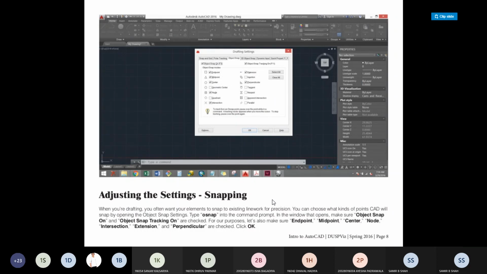As we know, whenever we start any line, there is a start point and an end point. So initially, if we turn on OSNAP with all these options, it helps us very properly wherever you require the endpoint or midpoint or center point or node, right?